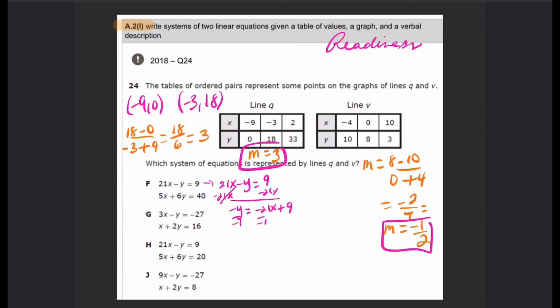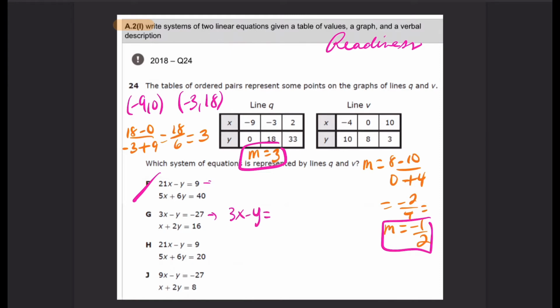Divide both sides by -1. And just with this right here, I see that this answer choice is not correct because the slope there is 21. So F is not correct. Let me try G. Notice that I don't even have to do the second equation. So if I try G,